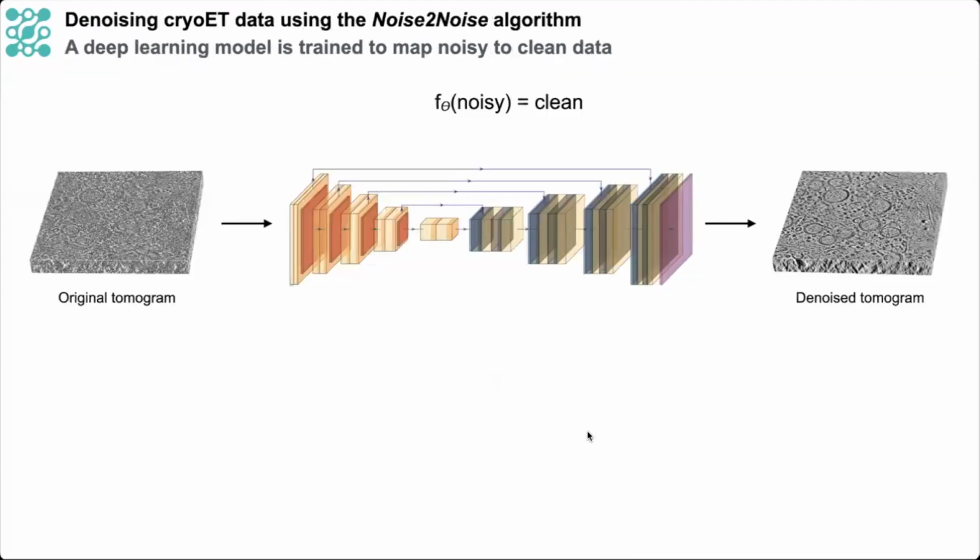To perform denoising, we've been leveraging a machine learning algorithm called noise-to-noise. This algorithm is a bit older by the standards of the machine learning field, but it's really well suited to our problem at hand. Noise-to-noise relies on a convolutional neural network with a UNet architecture, as shown in this schematic. But really the salient point here is that this neural network provides us with a function that has sufficient representative capacity that we can train it to take in our very noisy and complex structured tomograms and have it generate cleaned up versions of those tomograms in a way that better preserves structural features than a simpler denoising approach like a low-pass filter could achieve.